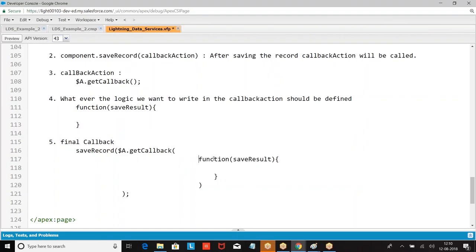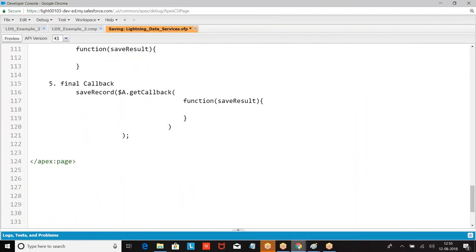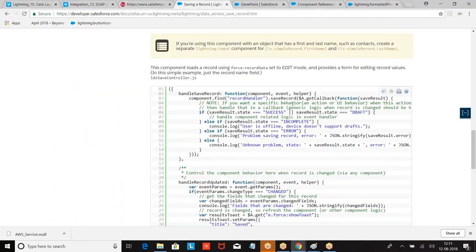Get callback. Now look at this structure: how you are defining save record $a dot get callback function save result.